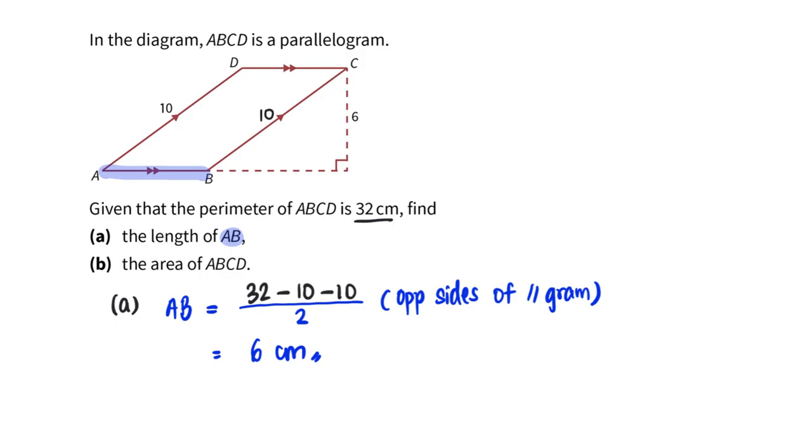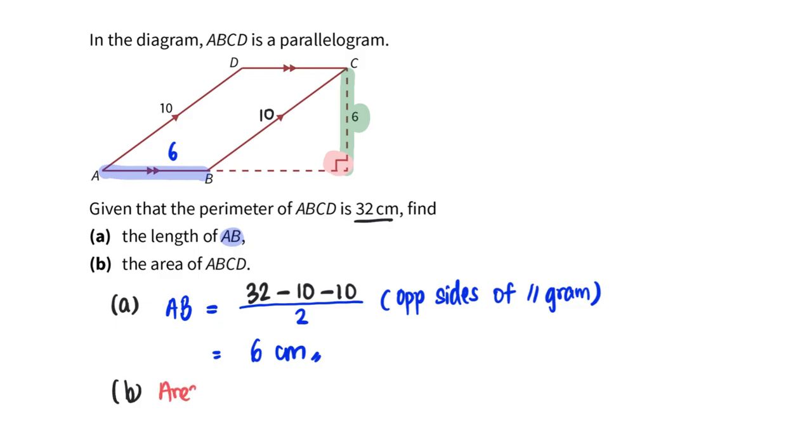Now that I know this is 6 cm, I will then be able to find the area of parallelogram ABCD pretty easily. Since I have the base 6, I also have the height 6, since they are perpendicular to each other, and if you cannot see it, and therefore for part B,